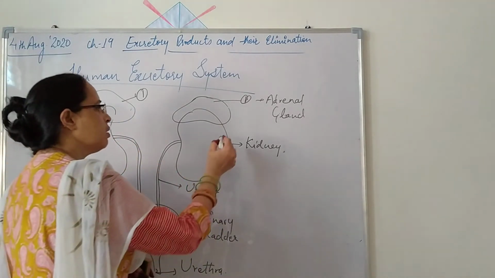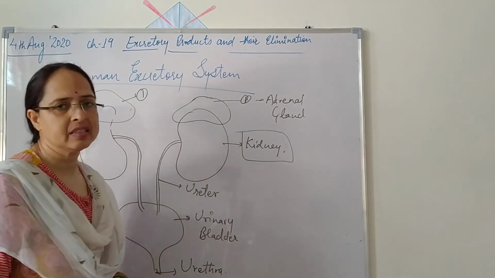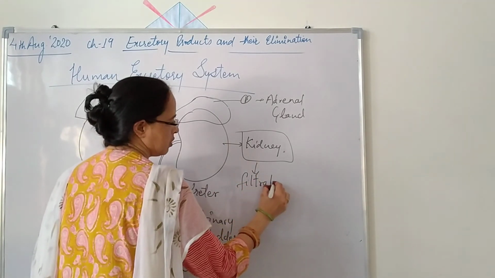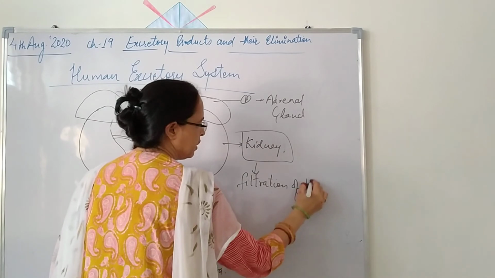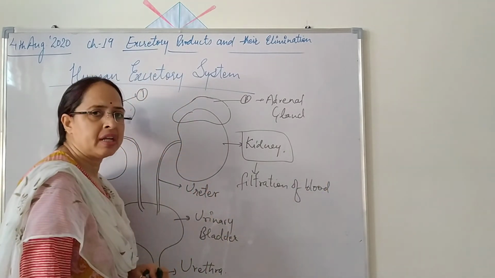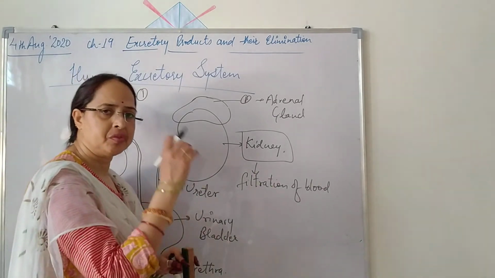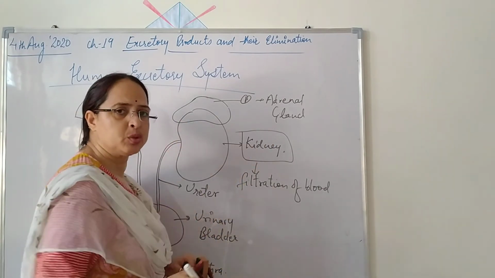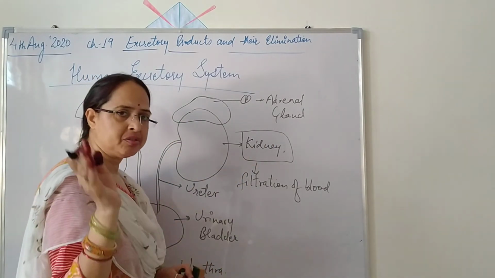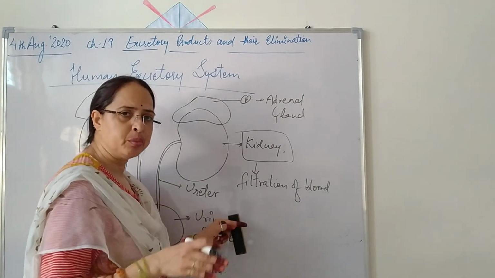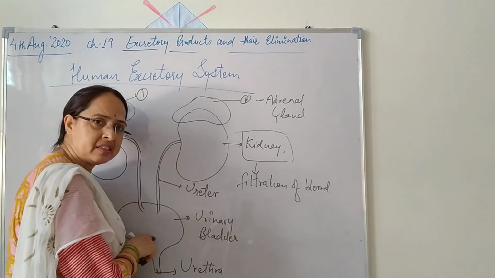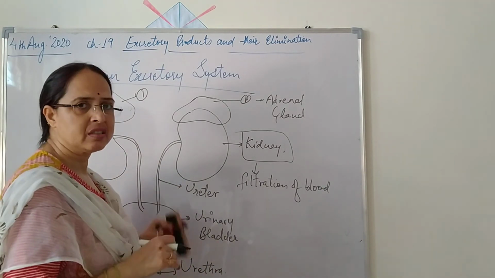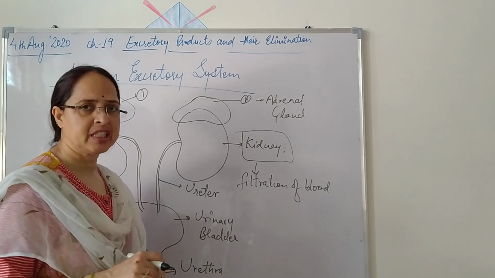So here the major role is played by the kidneys, which are meant for filtration of blood. During this filtration the nitrogen compounds like urea are removed from the blood, and then the blood is sent back. Blood comes to the kidney for filtration, urea is removed and collected in the urinary bladder, and from the urinary bladder it is released out of the body in the form of urine. We'll discuss the physiology of how this process takes place in the next video.